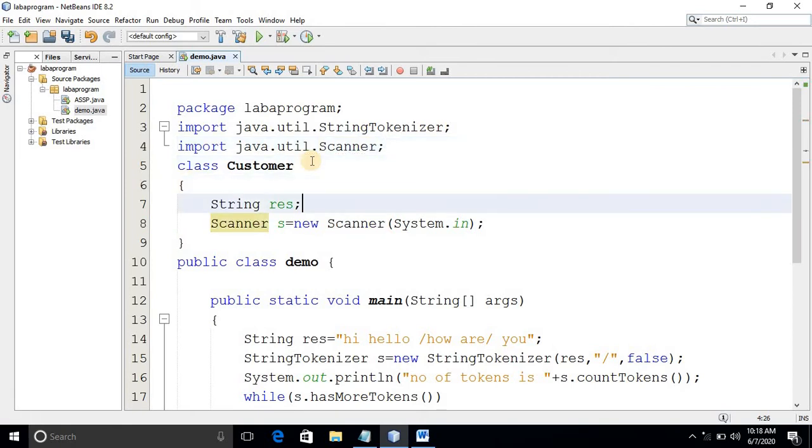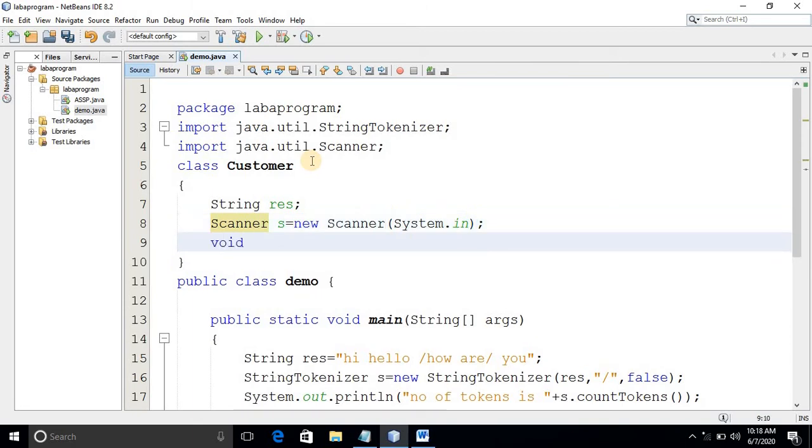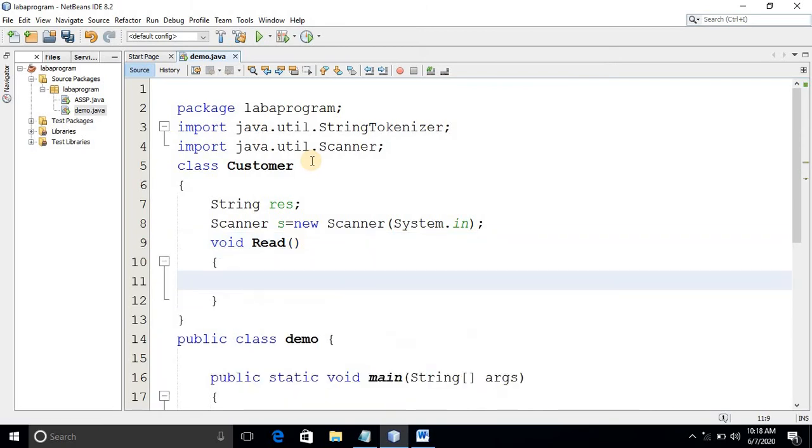Okay, now I'll write two methods here. void read: I'll give the message as enter name, comma, dob in the format of dd/mm/yy.